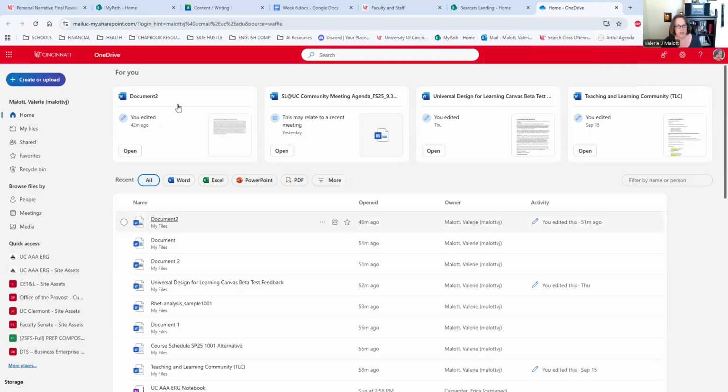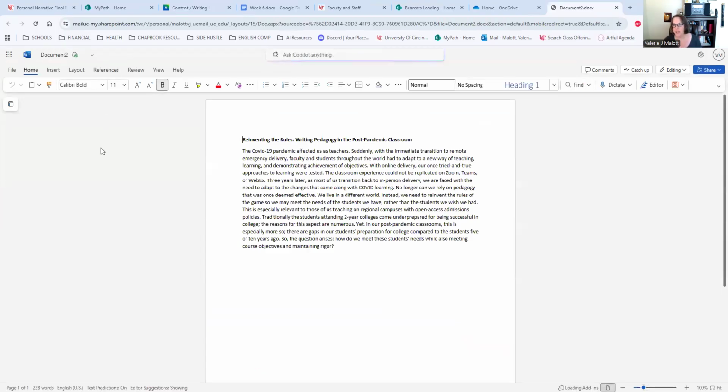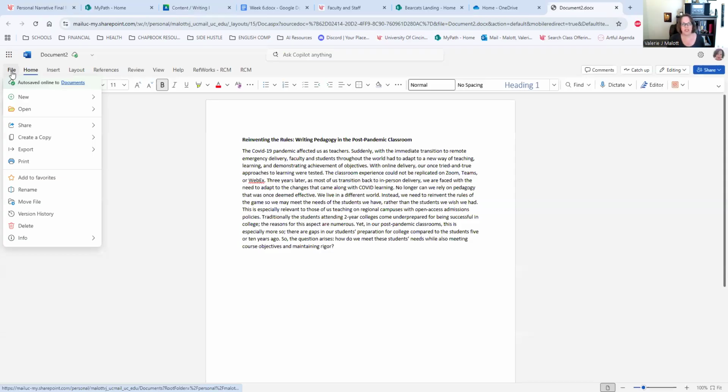So I'm just going to open up a file here to show you. This is the web application, right? It's not my regular Microsoft Word. You can see that down here. And again, you have that option to share or copy the link, which we don't want you to do in this case. So if you come over to the file menu, you'll see there is absolutely no wording here that